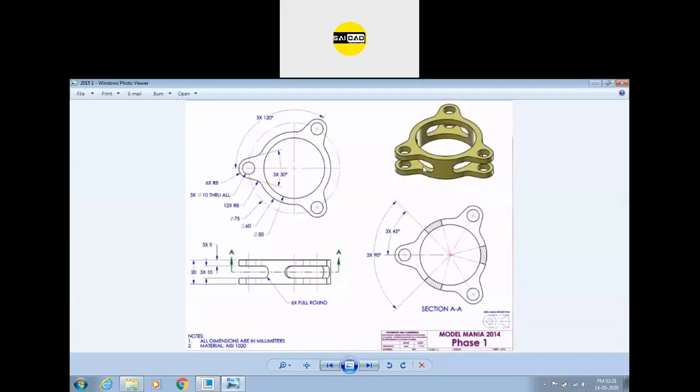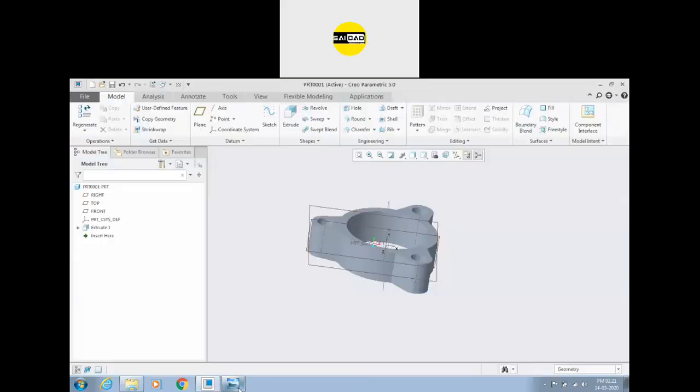So we have some cuts here. The cuts are up to 90 degrees. So three 90-degree cuts are here. We have to create a cut. How can we create a cut now? What should we apply?